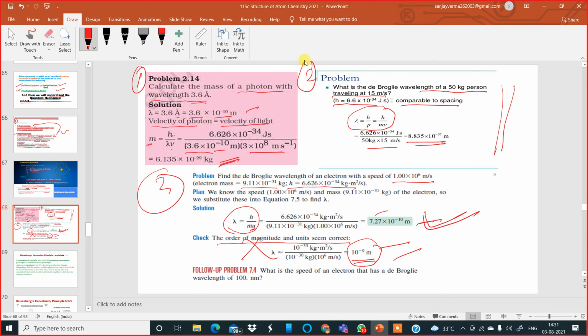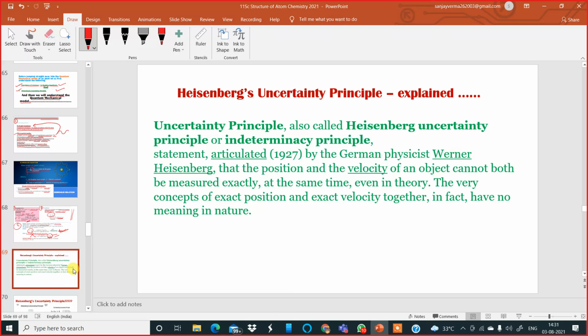Okay, now it is already time up. I wasted a lot of time today, but in the next class tomorrow I have a class with you in the fifth period. Fifth period means 11:20 to 12 o'clock. Tomorrow I'll be explaining Heisenberg's uncertainty principle in much more detail. So for the moment just hang on there.